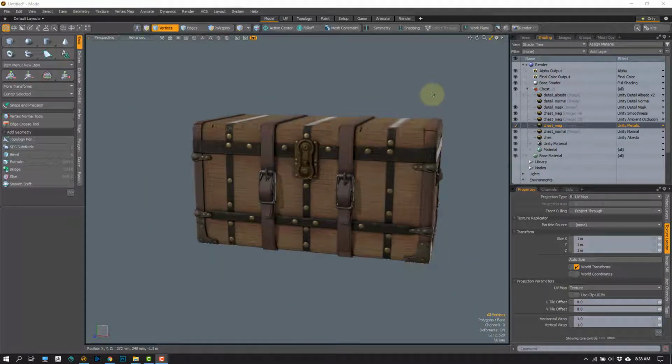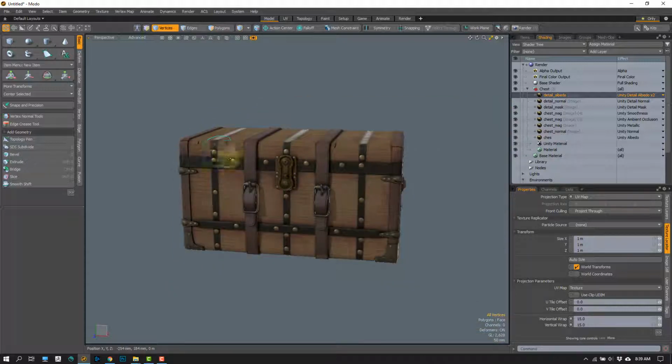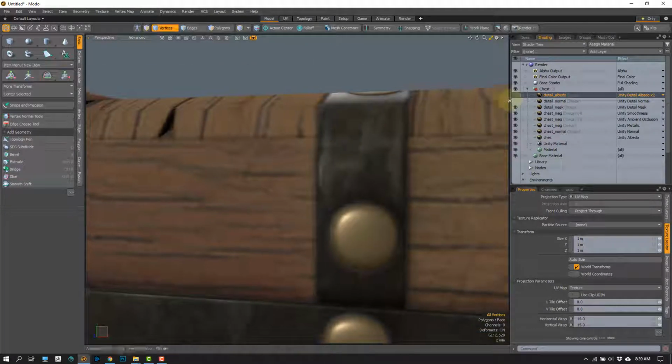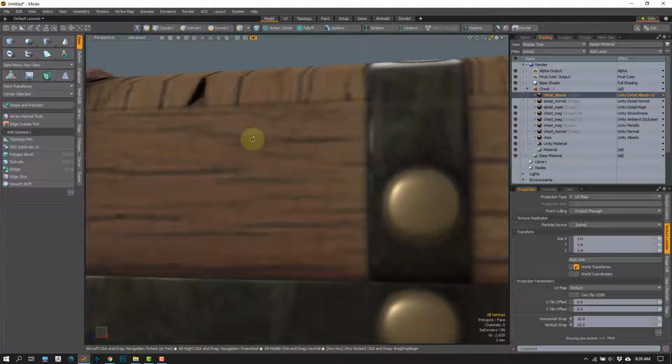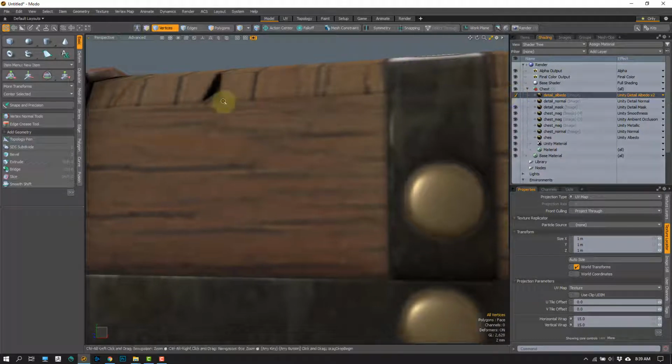So these next two maps, I'm not really going to have you guys worry about too much. They are these two right here. They're detail albedo and detail underscore normal. So these are set to detail albedo and detail normal. So what you can think of these as, let's go ahead and zoom right into this, is the albedo maps. We're looking at just the wood. So if I turn on detail albedo, it's very, very subtle. If I toggle this on and off,